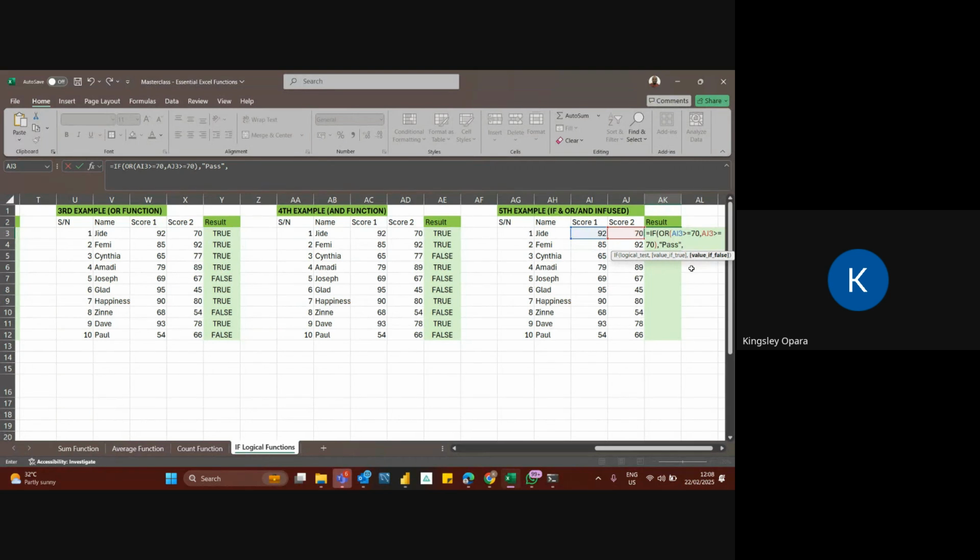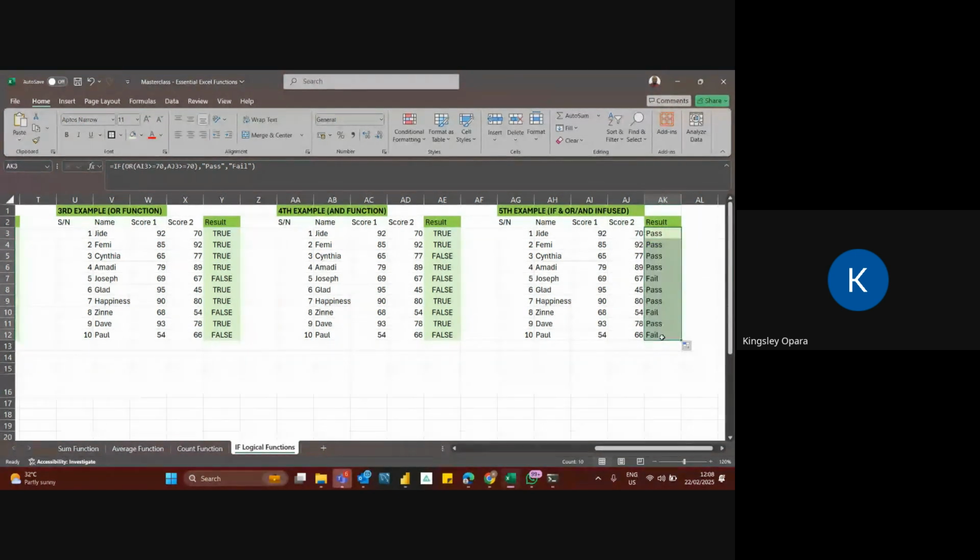Comma, value if false, fail. So pass or fail. Now I'll close the bracket and hit enter. That is it. If I drag it down for the others, you see it now.